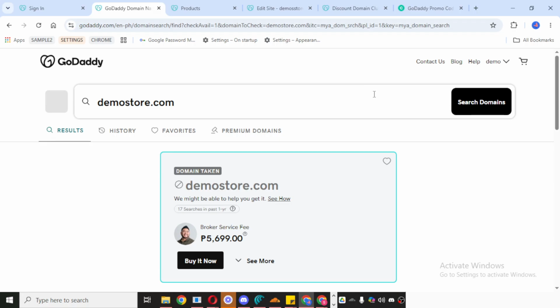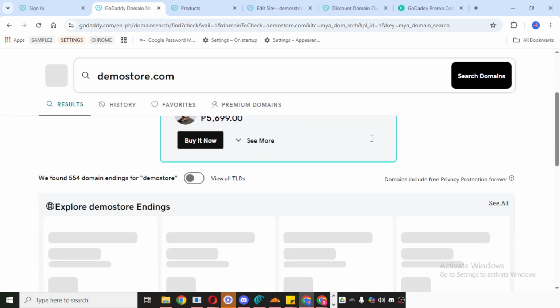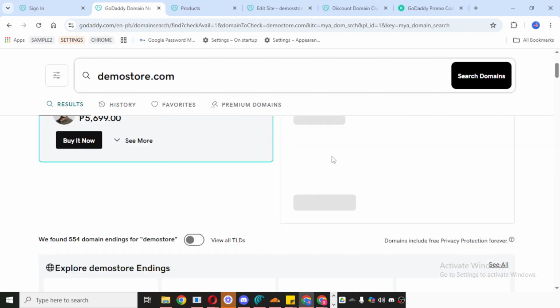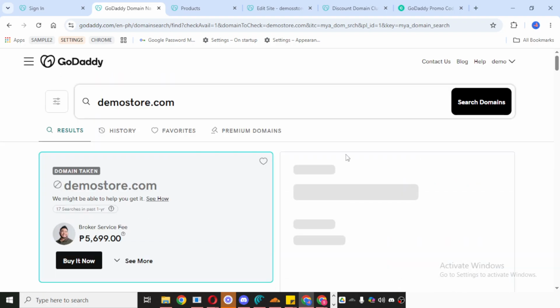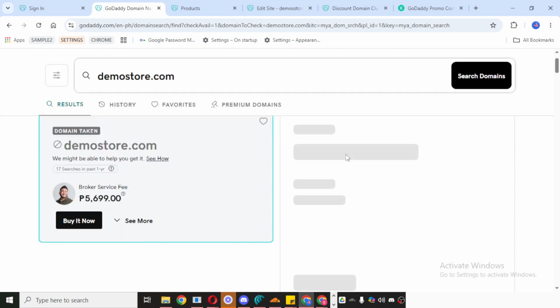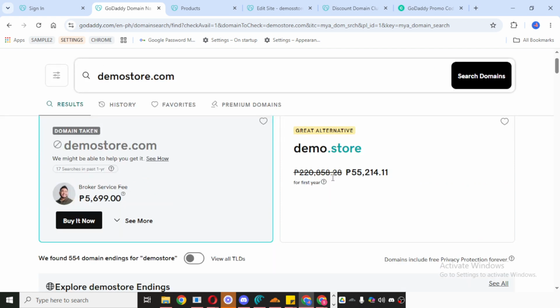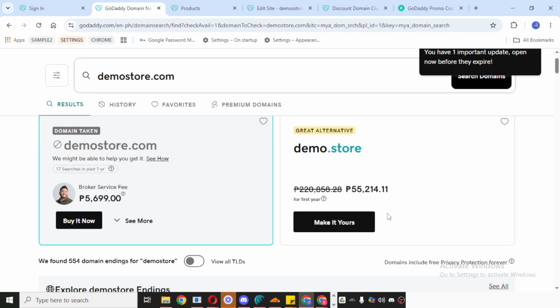Next, you'll be taken to the Cart or Bundle section. This is where GoDaddy may show you additional bundle options, including email starter services and other related products. Go through the available bundle choices carefully and toggle on the ones you want to include with your purchase. If your goal is to get both a domain and an email starter bundle, this is the point where you make sure those options are selected.